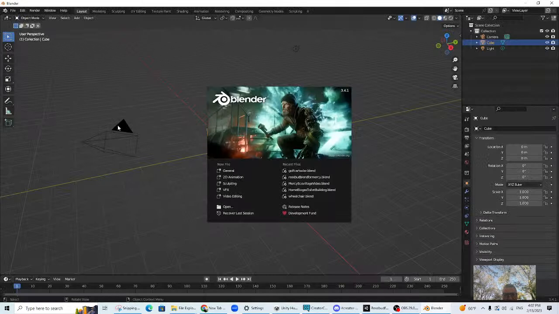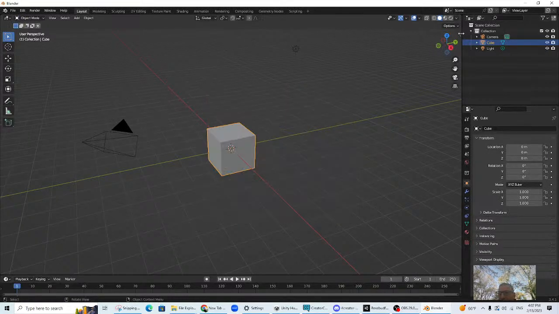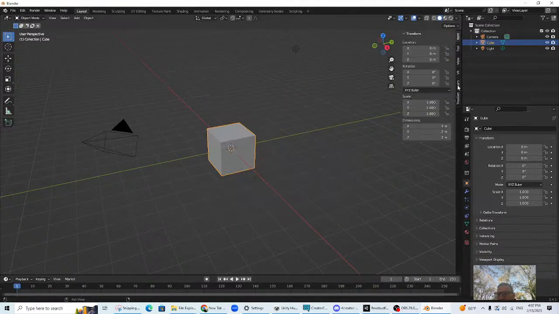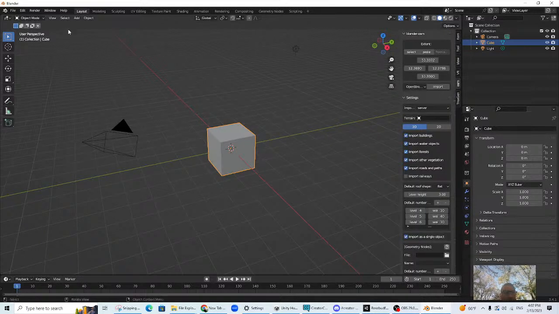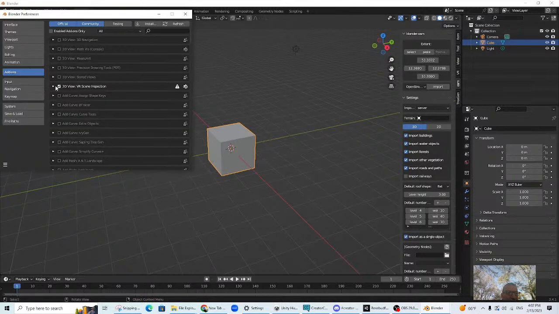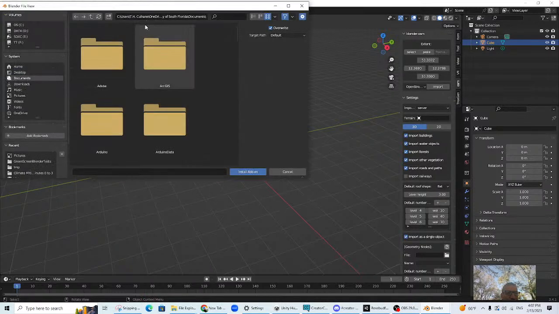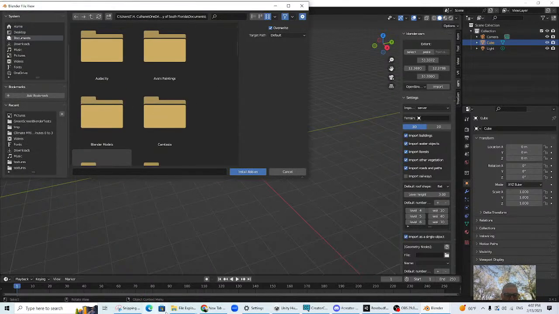I can figure out how to do world building again. So I'm going to open up Blender, and I'm going to make sure that, yeah, I have OSM in here. Now, if you wanted to do OSM, that is OpenStreetMap, you'd have to go to Preferences, and you'd have to go Install, and then you'd have to go